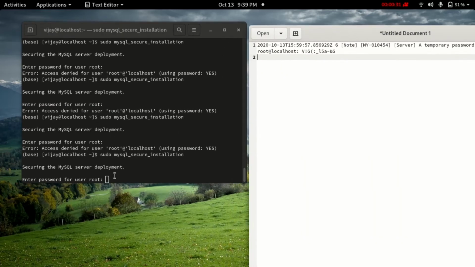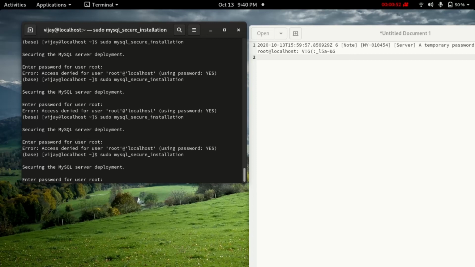So we'll write the password here. So it is a capital V, exclamation mark, G. Okay, so you can see the password includes small and capital letters.